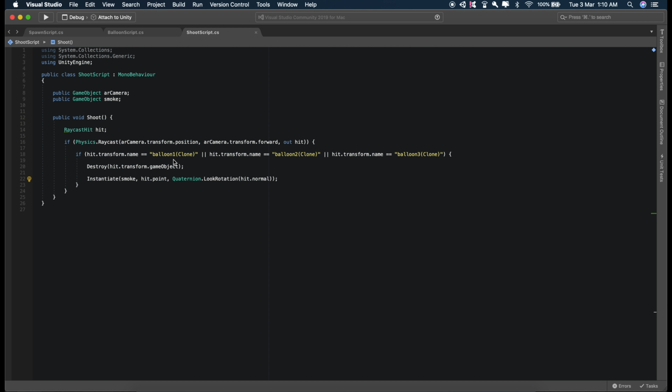And if the name of the virtual object that was hit is balloon 1 or balloon 2 or balloon 3, then we'll destroy that particular game object. That is, if it hit balloon 1, then we'll destroy that balloon. If it hits balloon 2, we'll destroy that one, and so on. And at the same time, when the balloon is destroyed, we'll instantiate a smoke effect at that point where it was hit. Right now we don't have any shoot button to link to this function, so let's create the UI